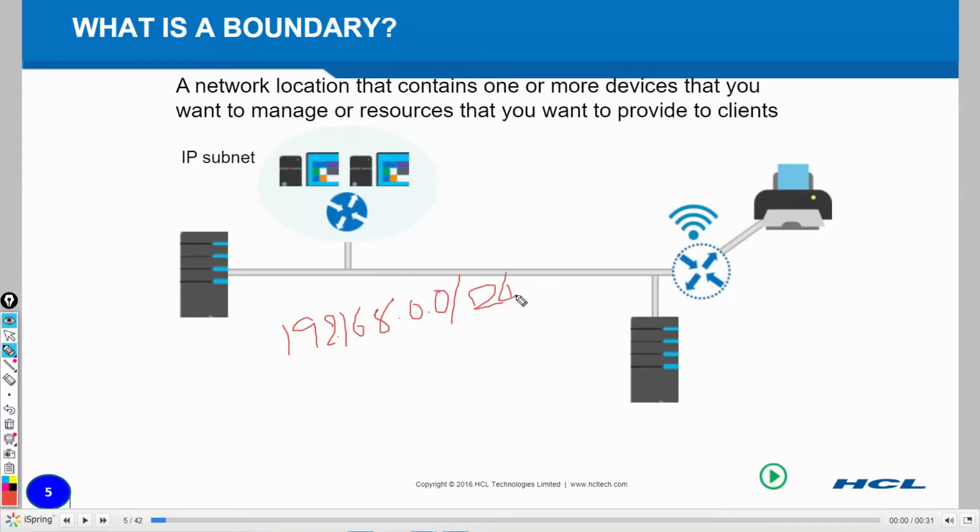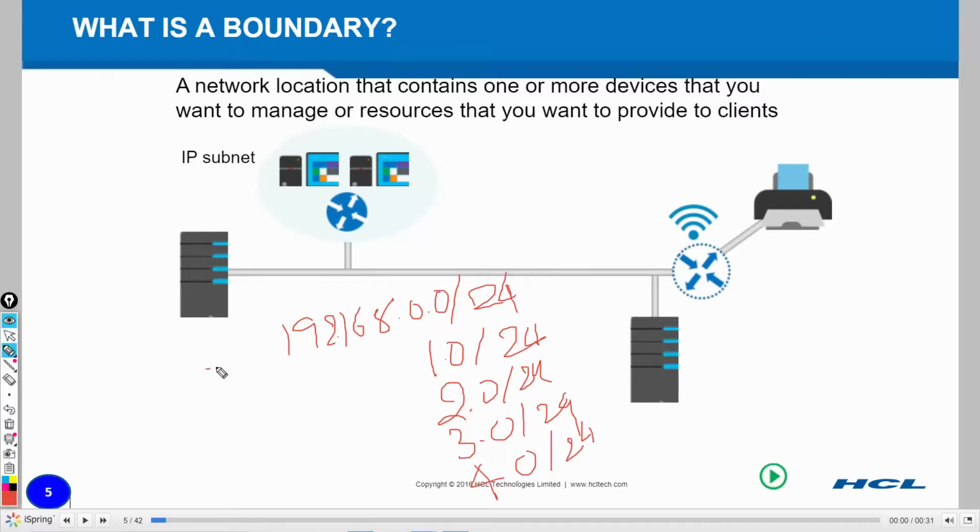So this is your subnet, one subnet. If you have multiple subnets, this is my another subnet, 1.0, 2.0, 3.0, 4.0. So I now have five subnets.